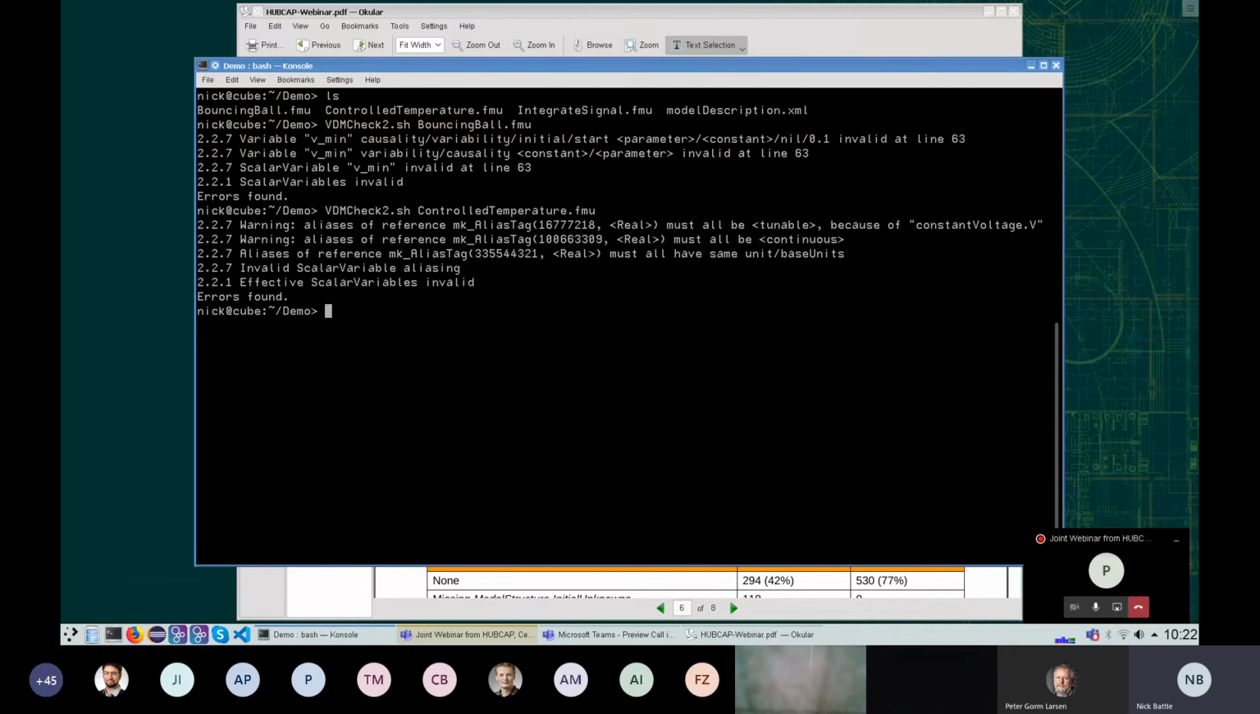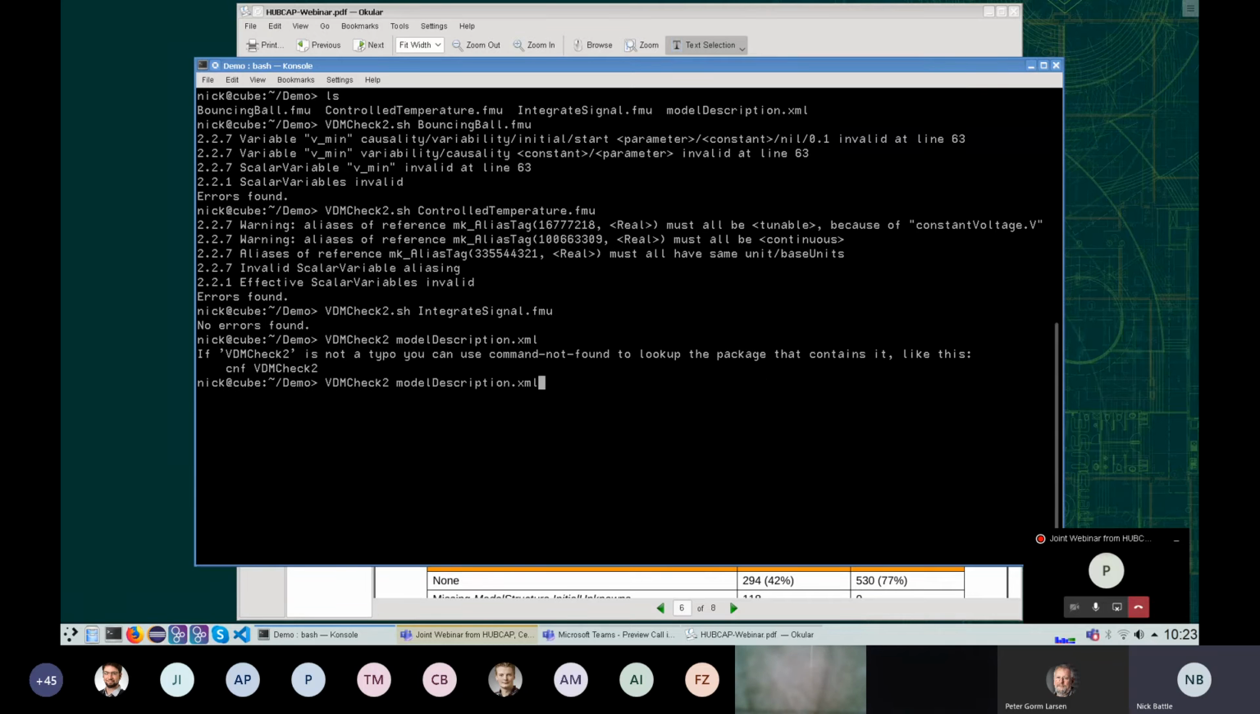This one's to do with aliases. The rules around aliasing of variables in the FMI standard are tricky to get your mind around, and it's not unusual to find tools have broken the rules. There are various strange rules in section 227 that you need to follow. I think the integrated signal is clean. Yes, so that's no errors found. That one's perfectly okay. And the model description, I beg your pardon,